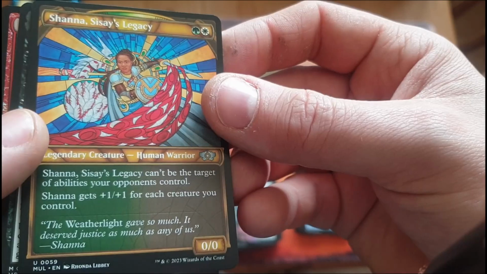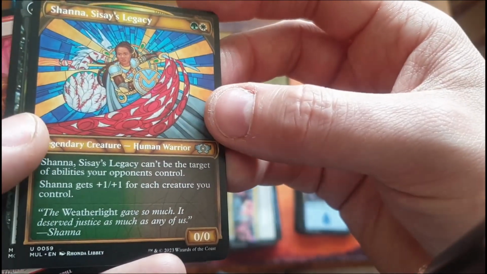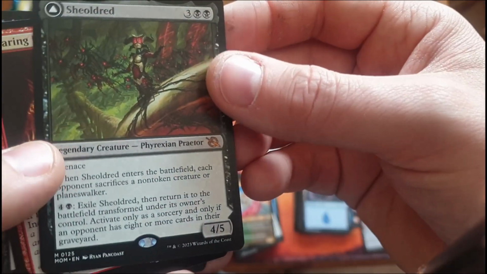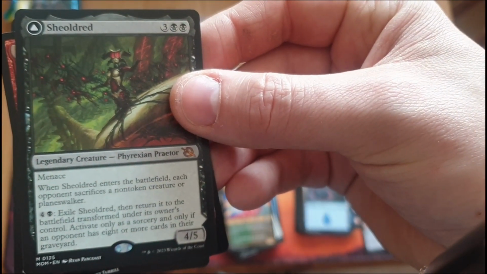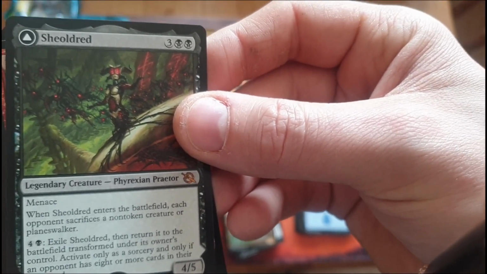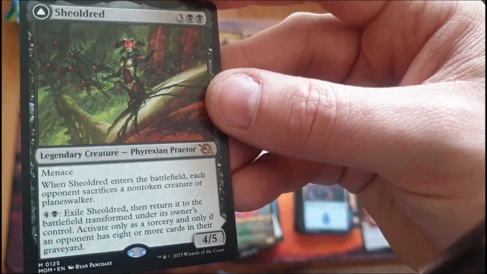Shana, Sisei's Legacy with the Dominaria United border. I like it. Then we have Sheoldred, Mythic Rare. Okay, so Sheoldred is 5 mana for a 4/5 with Menace. The previous Sheoldred, which was not that long ago, again was Dominaria United, was a really, really powerhouse of a